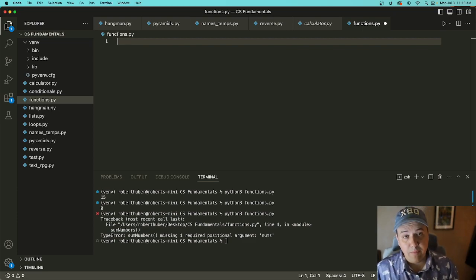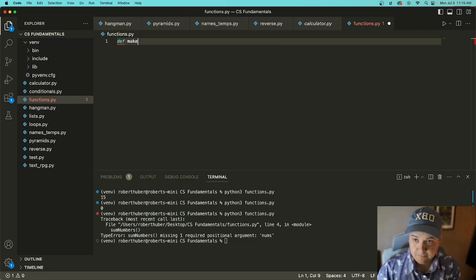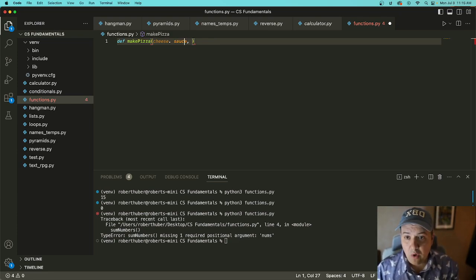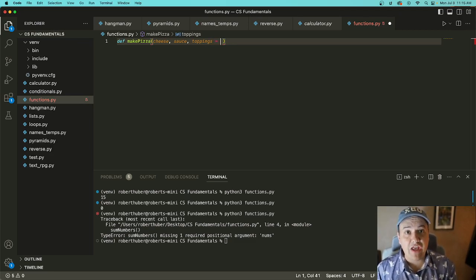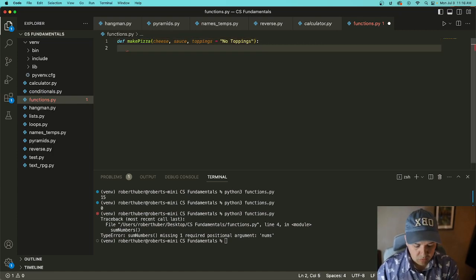So let's say we're making a pizza. With pizzas, you definitely want a cheese and a sauce. You may also want toppings, but you may not. So we can do toppings as a possible parameter, but then we can also set that parameter's default to no toppings. That way, when someone uses our function, we can now print